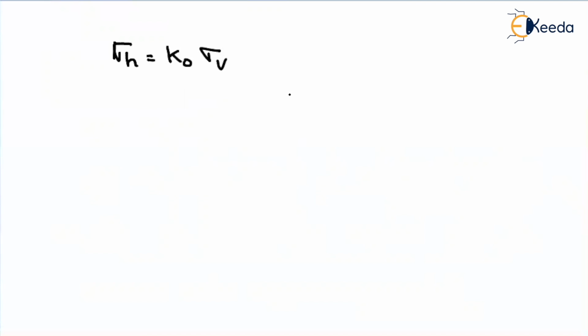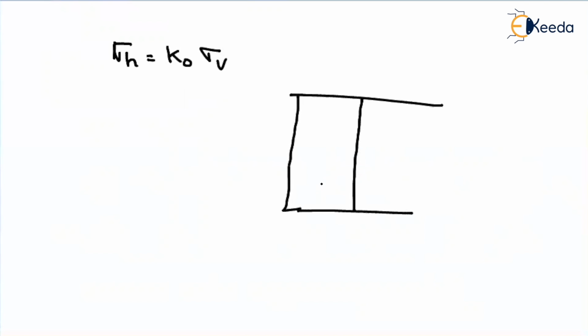Okay. Now we will see how that stress will vary, how the lateral pressure will vary here. Let us say this is your retaining wall. How will this lateral earth pressure vary along the height of the retaining wall? Do mu values vary from point to point? No, this K naught is constant.